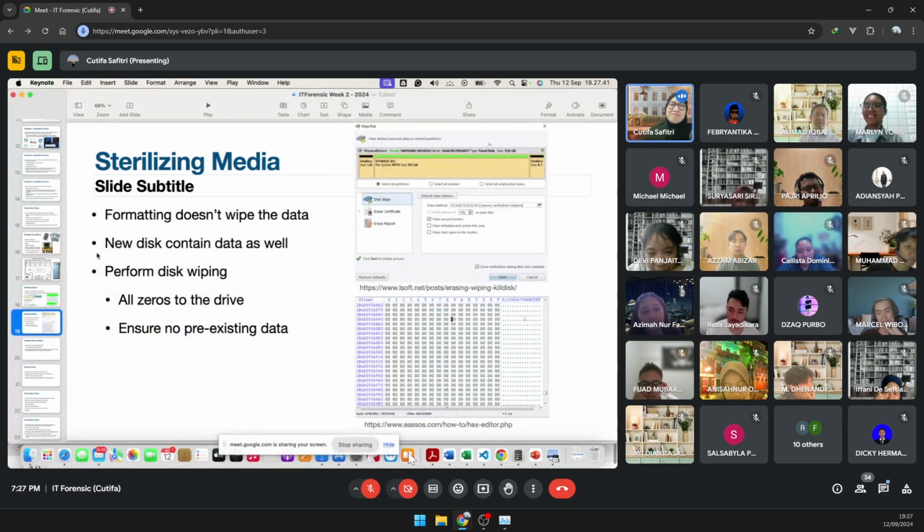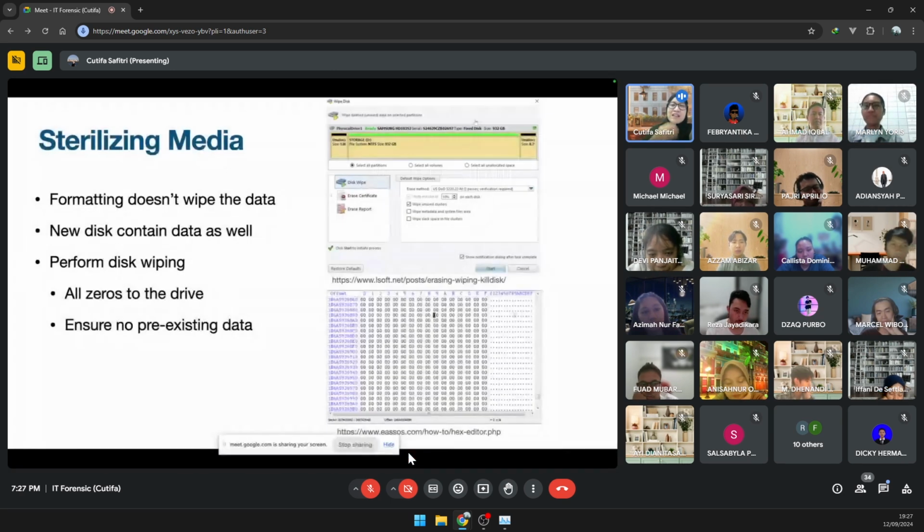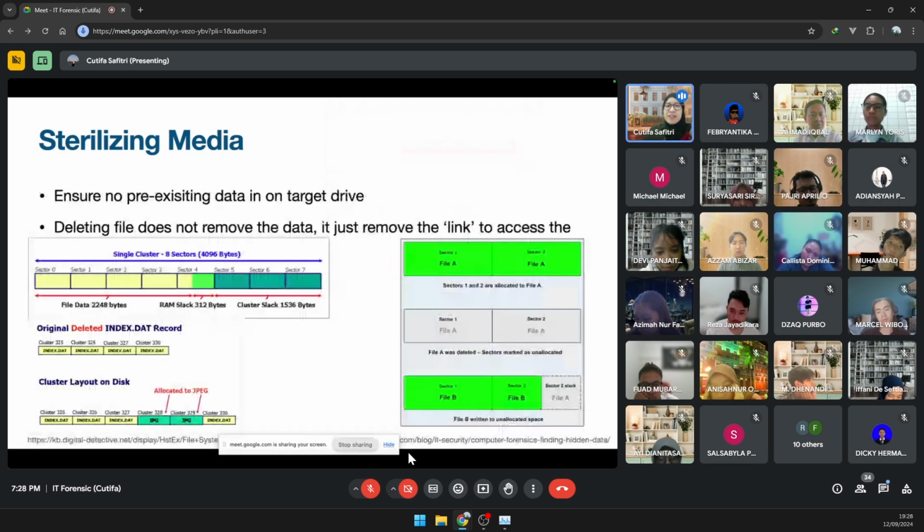Now, how would you sterilize the media? You don't have to buy new computers every time. I have an example of software that you can use here, called Wipe Kill Disk. What a kill disk does, because we have this cluster information, is this: as you know, our computer speaks in binary, which is 0 and 1.